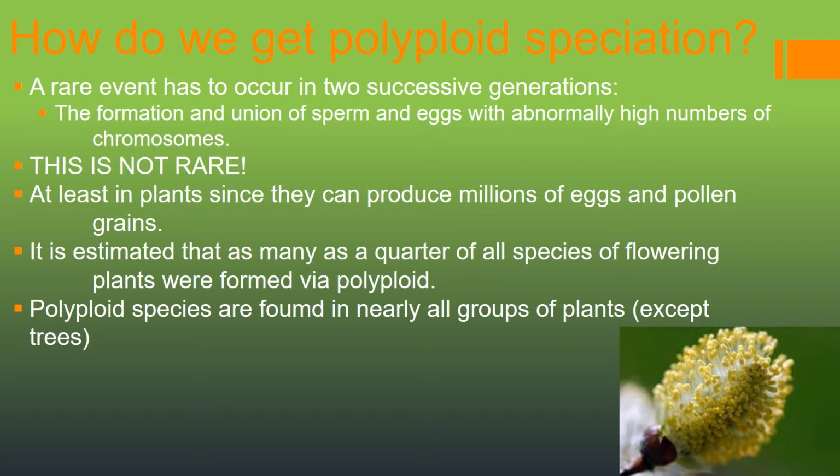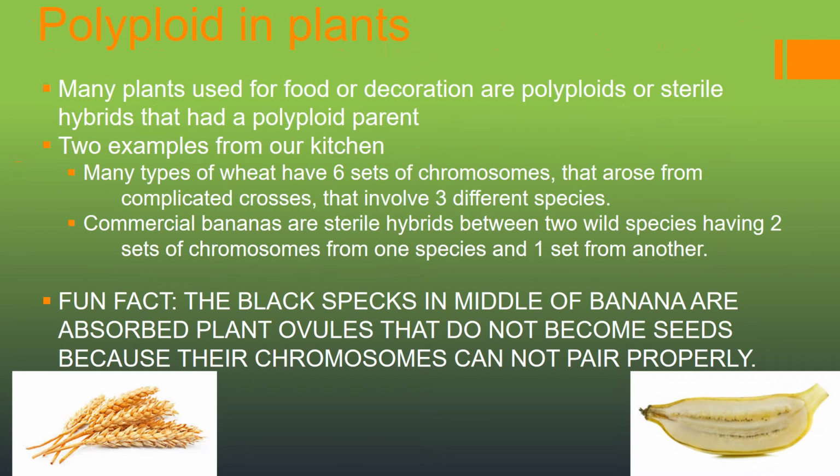Polyploid species are found in nearly all groups of plants, except trees. Many plants used for food or decoration are polyploids, or sterile hybrids that had a polyploid parent. 2 examples from our very own kitchen. One is wheat, which has 6 sets of chromosomes that arose from complicated crosses that involve 3 different species. Commercial bananas are sterile hybrids between 2 wild species, having 2 sets of chromosomes